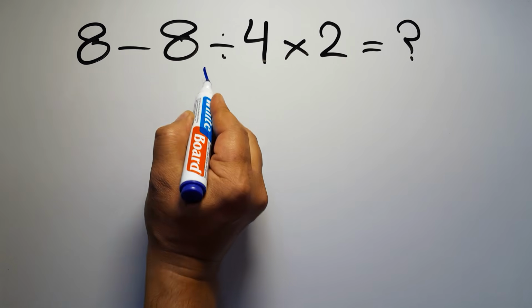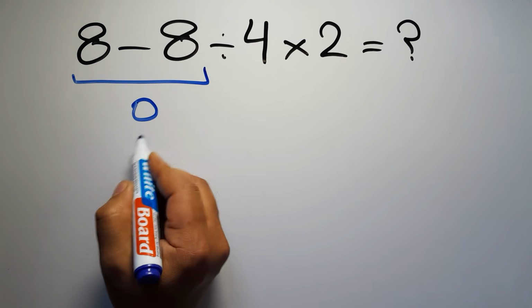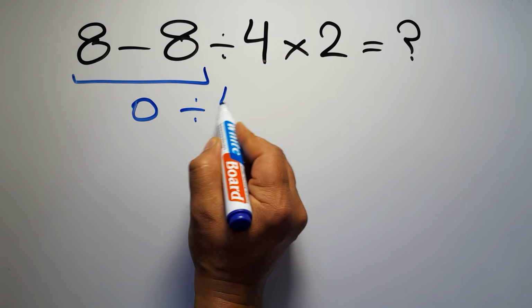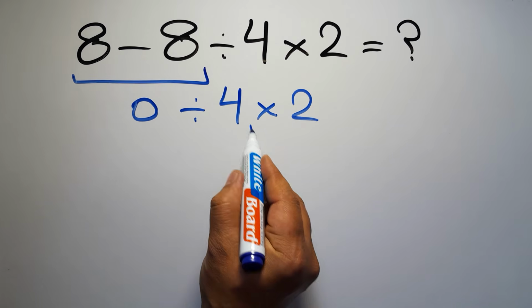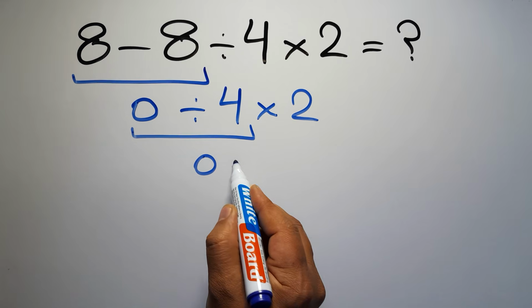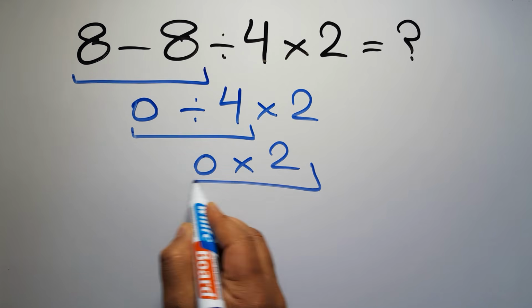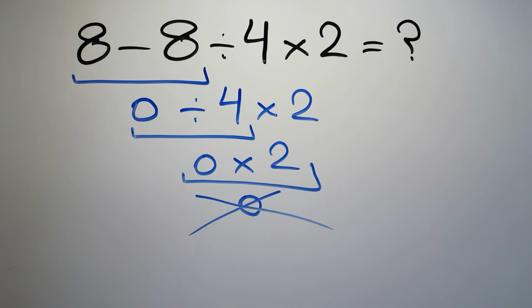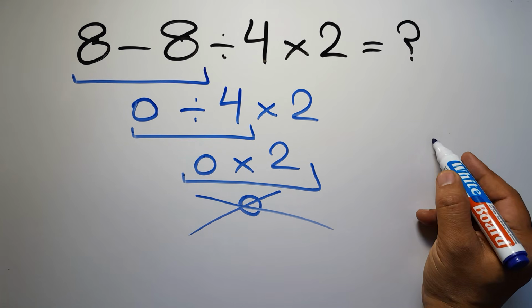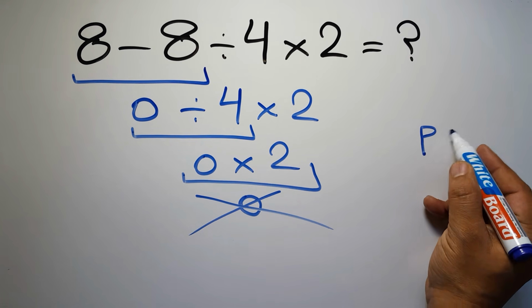8 minus 8 equals 0. So 0 divided by 4, then times 2. 0 divided by 4 gives us 0, and 0 times 2 is just 0. But this answer is not correct, because according to the order of operations, first we have to do parentheses, then